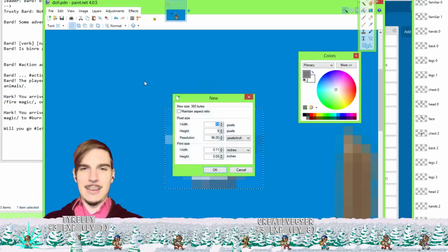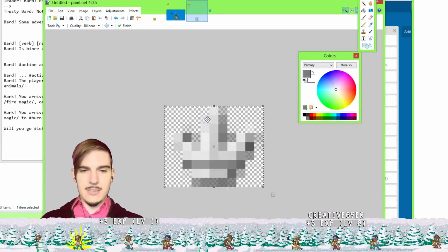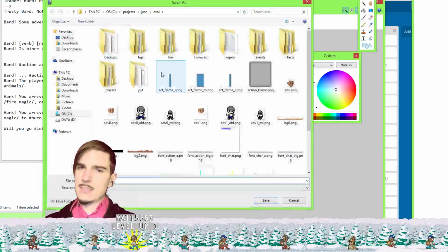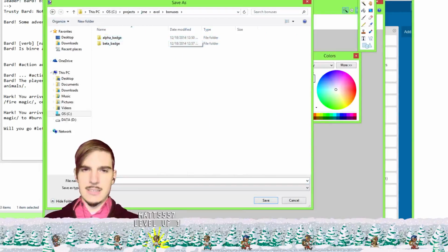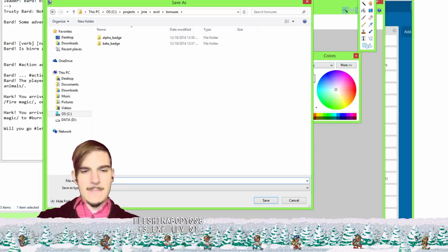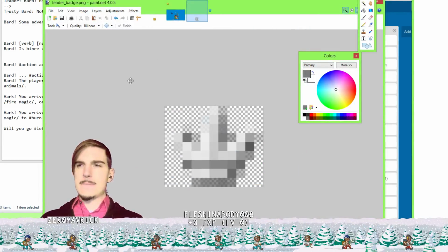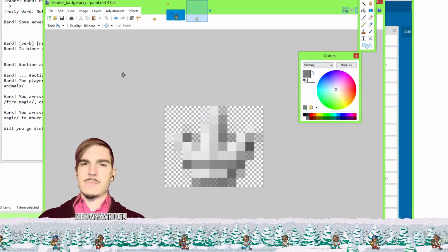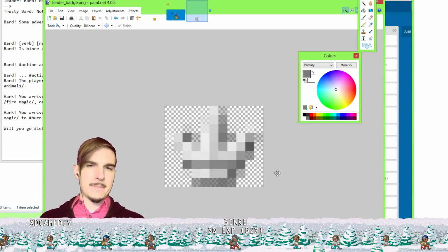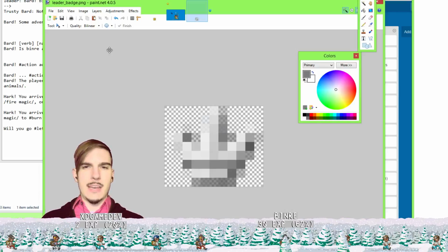New 11 by 9 pixels, paste. Alright, so deselect that. File save as this is a bonus. I'll call it the leader badge. And for now, I'm just going to apply it manually, I think. Probably. Alright, so